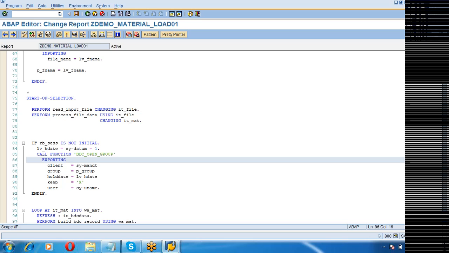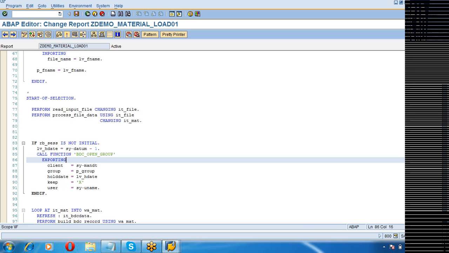Now, what are the places where you can handle the error? Generally, we can do pre-validation as well as post-processing. Pre-validation is before you post the data into the system: you validate the contents of the data, and if there is any error, you identify it and move the record into error.